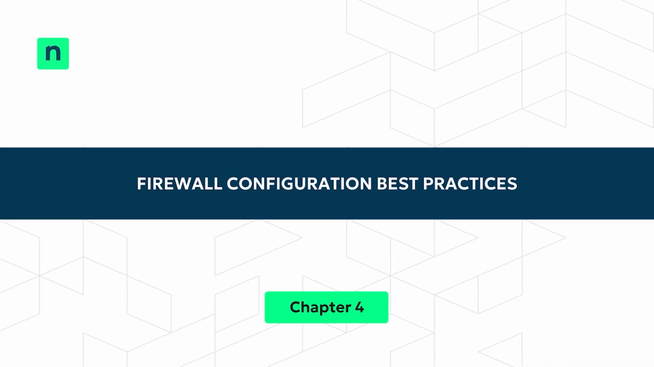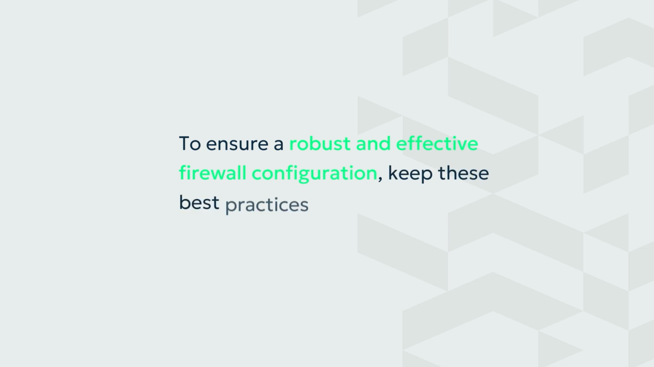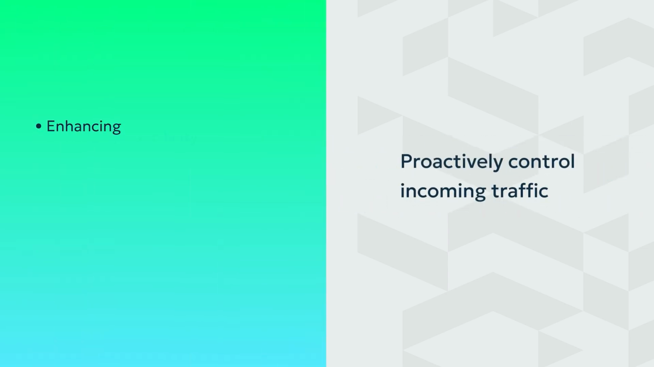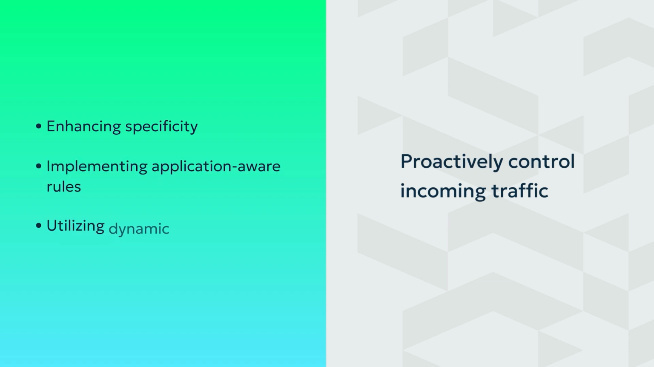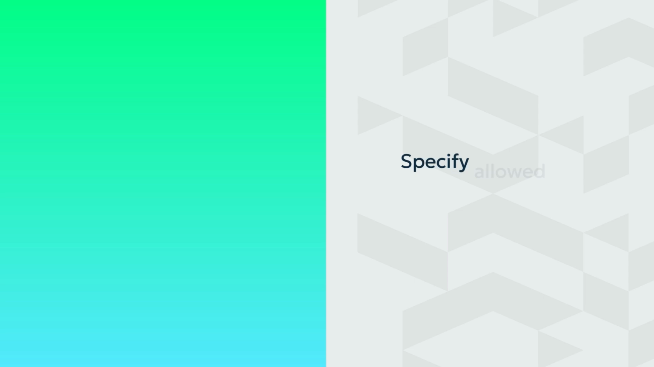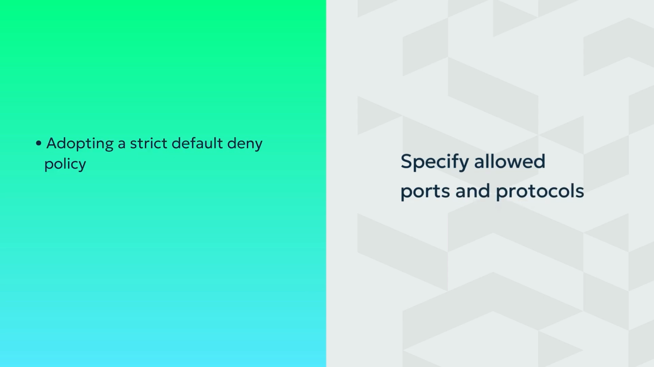Firewall configuration best practices. To ensure a robust and effective firewall configuration, keep these best practices in mind. Proactively control incoming traffic by enhancing specificity, implementing application-aware rules, and utilizing dynamic rule generation. Specify allowed ports and protocols by adopting a strict default deny policy and applying the principle of least privilege, or